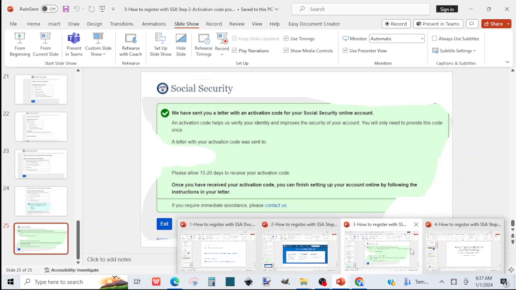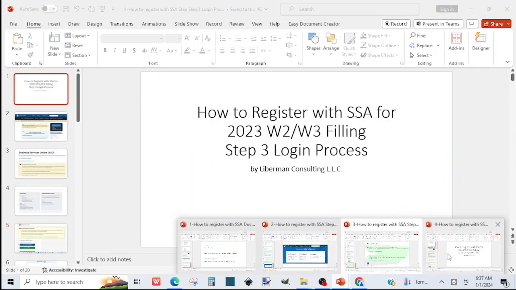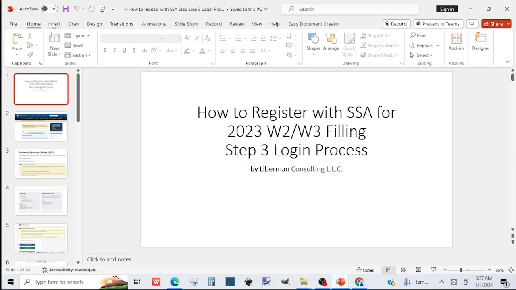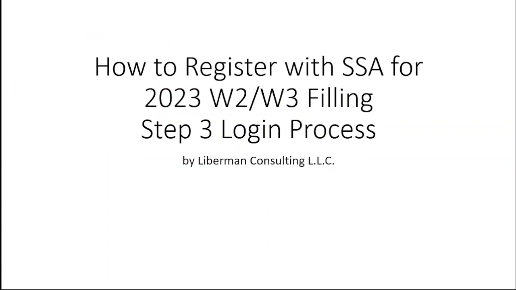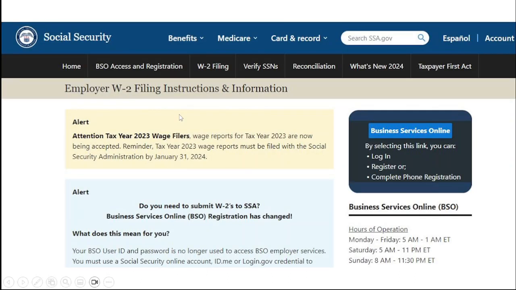So now let's see, when I'm trying to log in, since technically I submitted the activation code and continued the process until I got to a point where they want to send me another one again. So I said, okay, I don't know why I needed another activation code. Let's try to log in. And then I went back to the website, the employer website, and